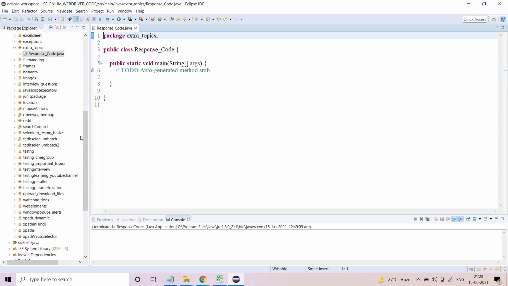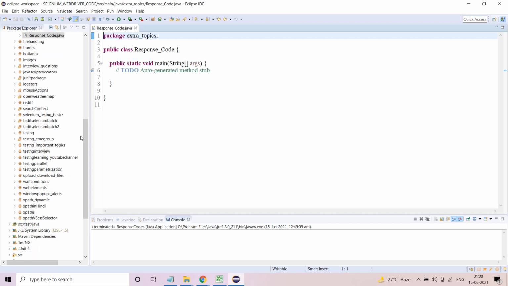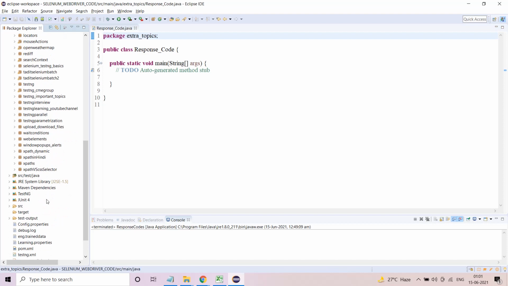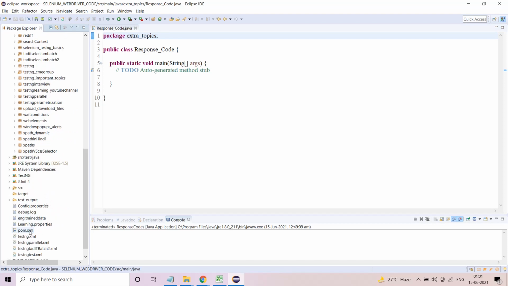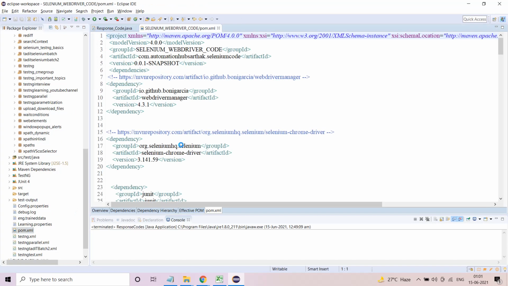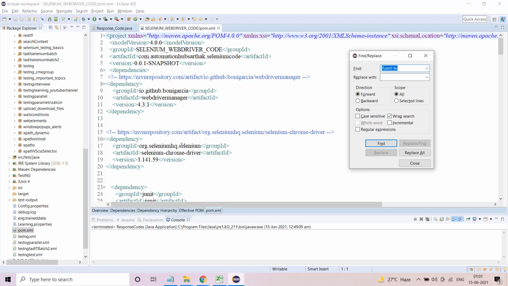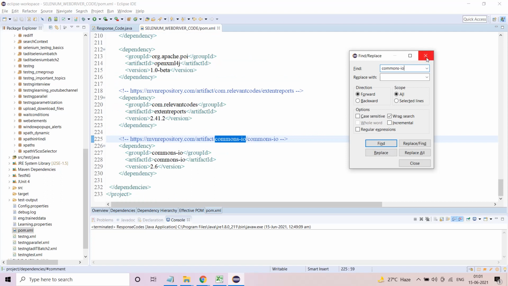Before you start coding, there is one thing you need to remember. If you are using a Maven project, which I hope you are, open your pom.xml. There are two Maven dependencies which you need to find. The first one is commons-io.